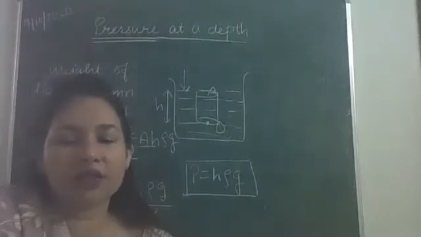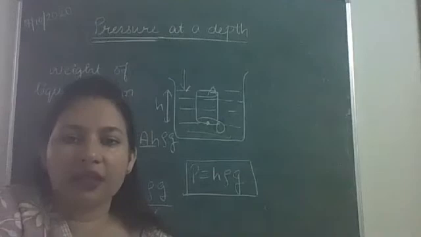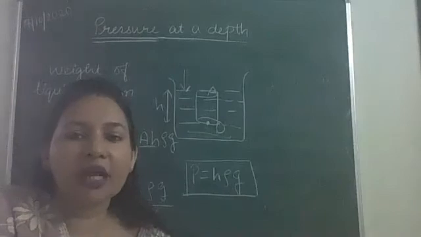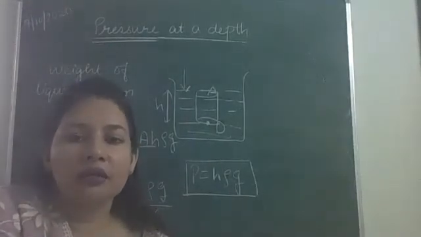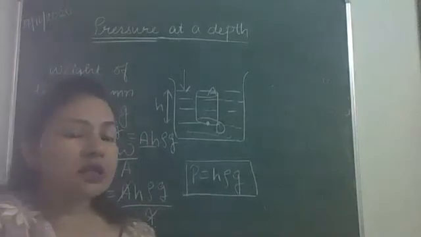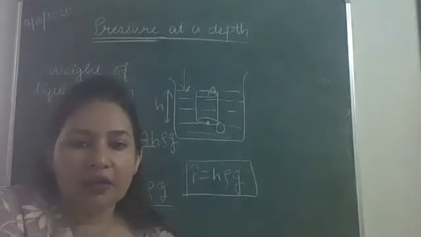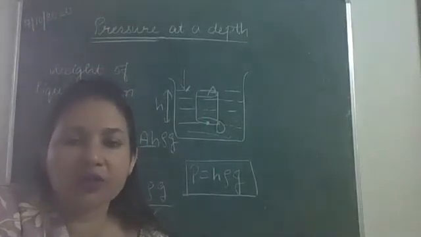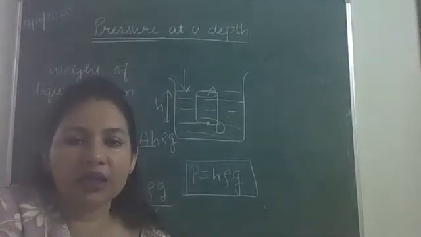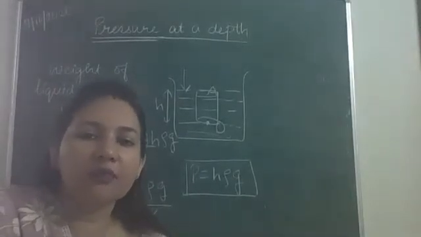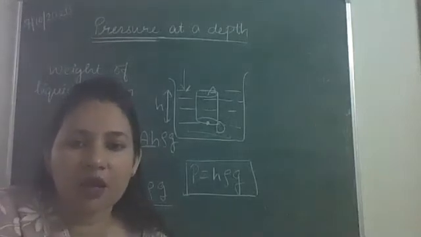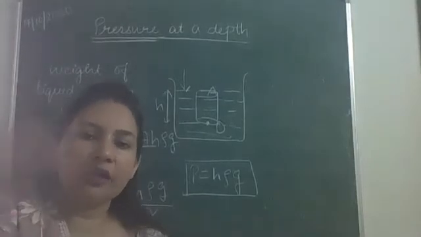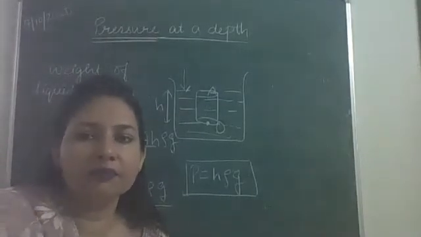We will study the reason for that later on, on the basis of angle of contact and cohesive and adhesive forces. And the second main reason is that its height is practically feasible. The height of mercury column required, as I told you, is 76 centimeter. That would give us 1 atmospheric pressure. So the barometers usually used are of length 1 meter, so 76 centimeter gets covered inside that.